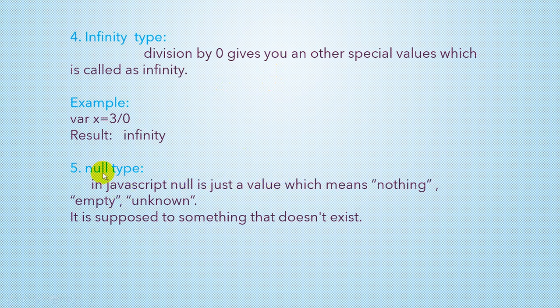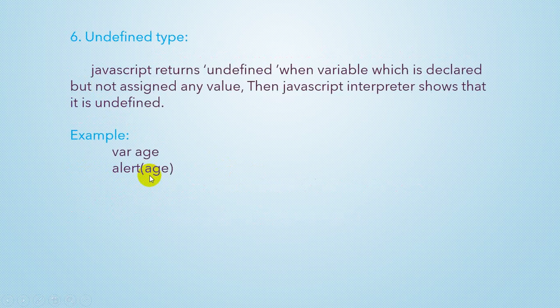So the null data type is used for objects, where if you assign null, all the elements will be considered null. We will see this once we move on, but right now just try to understand that the null data type is used to declare nothing, and it is mostly used with objects. Now our last point of this lecture is the undefined data type.